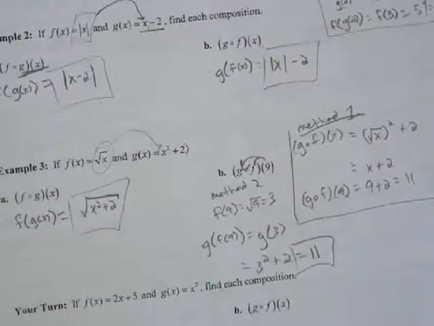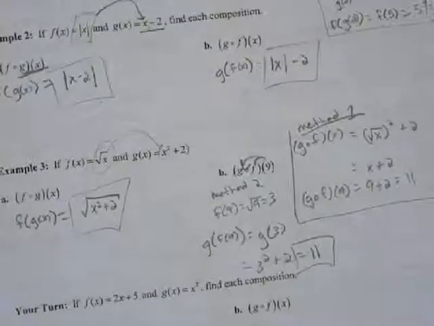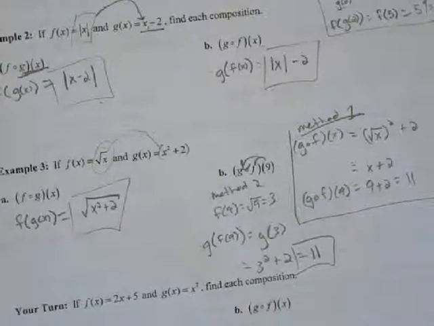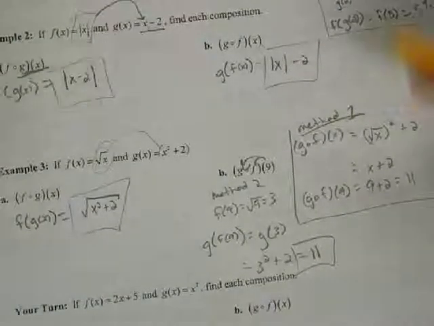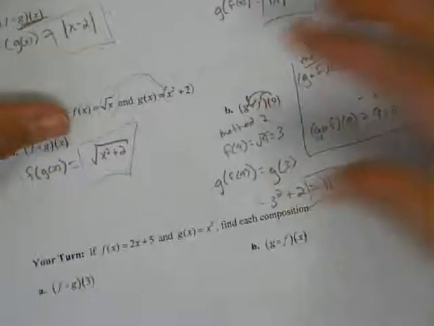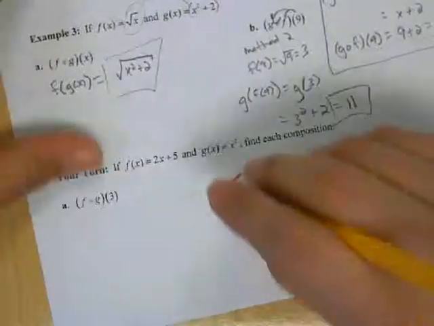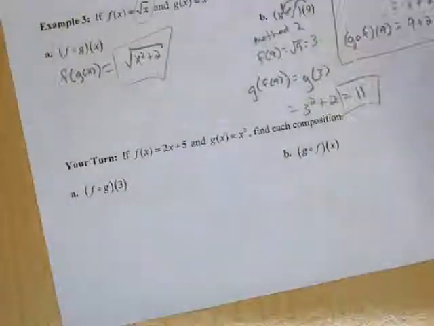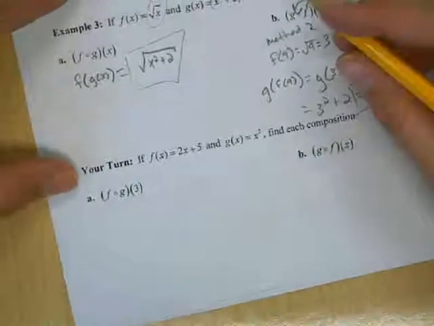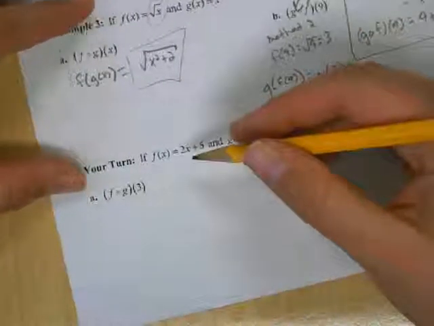Now there is a your turn. I would suggest that you hit that pause button, okay, see what you can do. Make sure that you are understanding this, okay. These are the basics of composition, so you need to understand these very well. It will show up on your test for sure. It's actually quite a bit of it on your test. So make sure you understand these. Rewatch this video 30 times if you need to. Alright, so if you've done that, and hopefully you are coming back,